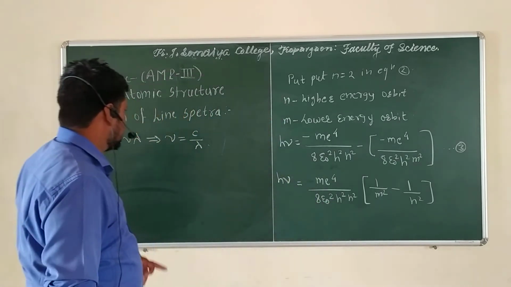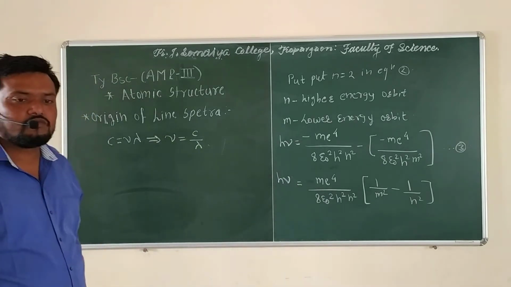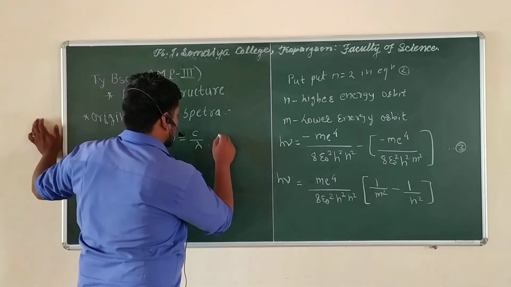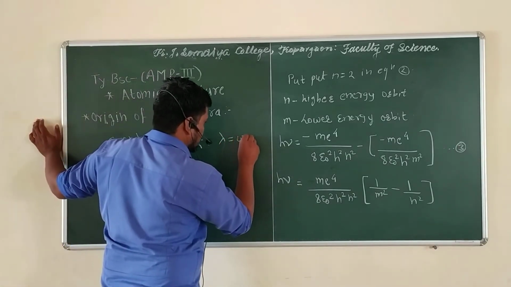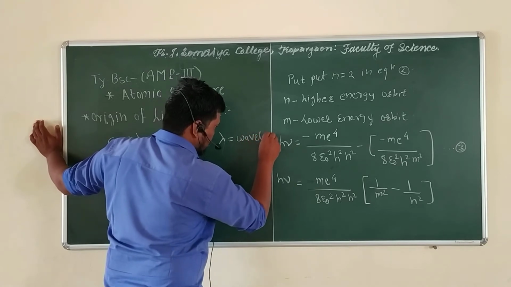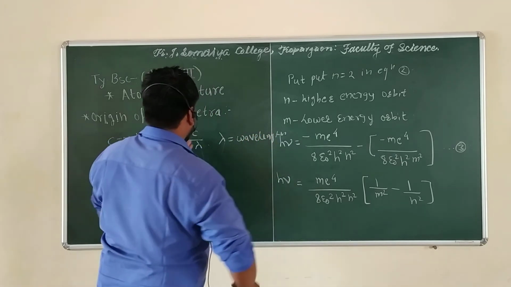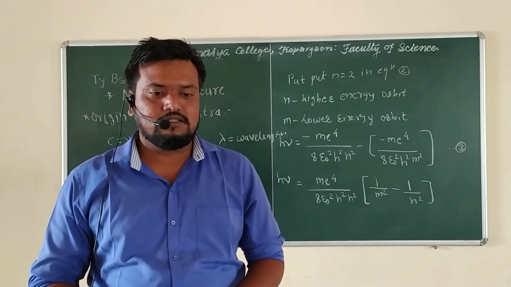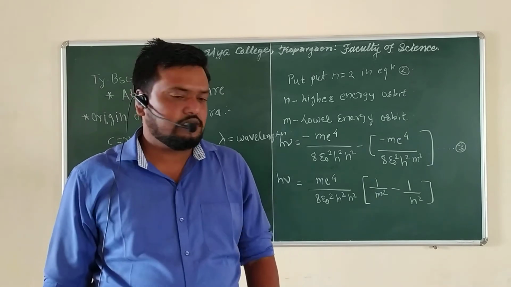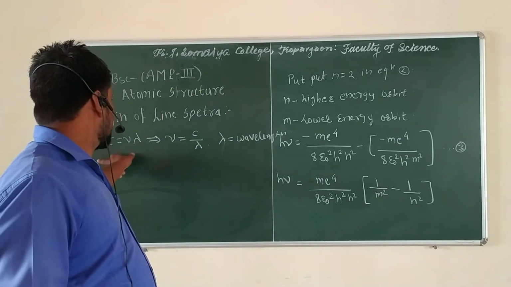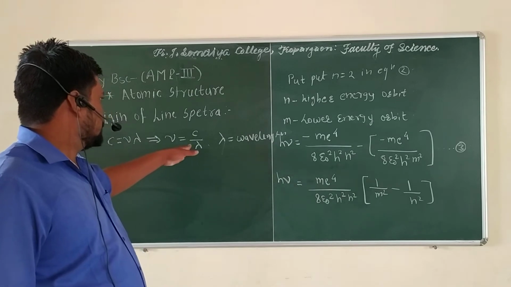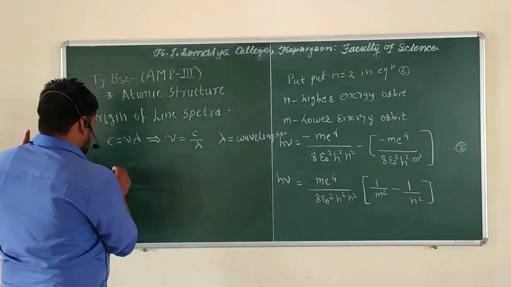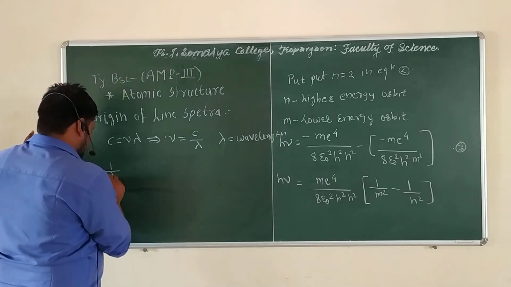So what happens here? Here lambda is the wavelength of light, and c is the speed or velocity of light. So that relation gives nu is equal to c by lambda. Putting this value here, and this h goes to the denominator, so 1 upon lambda